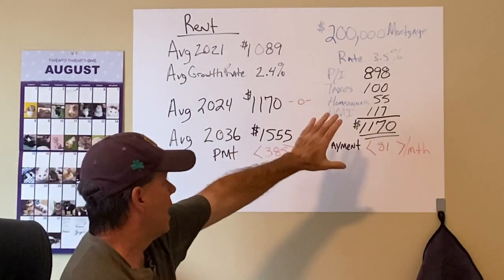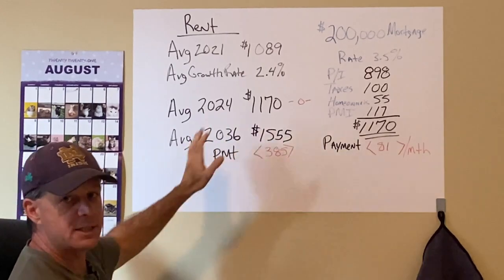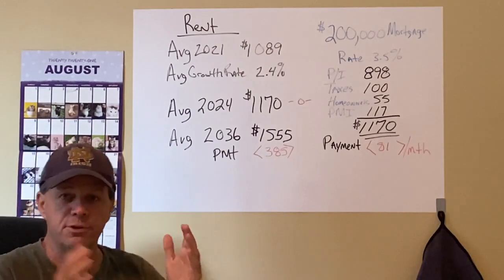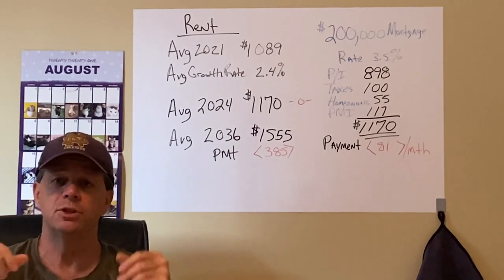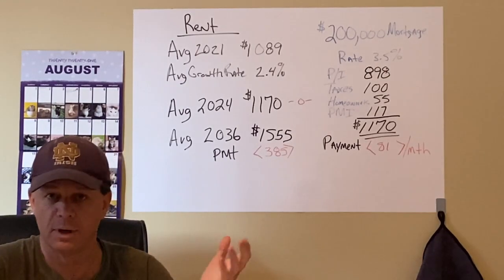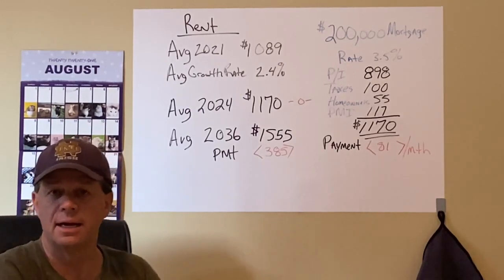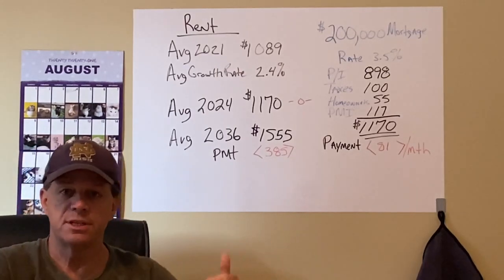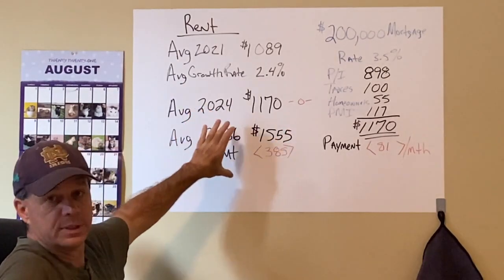Buying a house versus renting, each one has benefits depending on your situation. If you're living in a specific area and you're not intending to move, and your family needs are relatively known in terms of what size house you want and so on, because renting you can always change. If those things are known, I'm going to show you the impact of not doing that versus doing this here